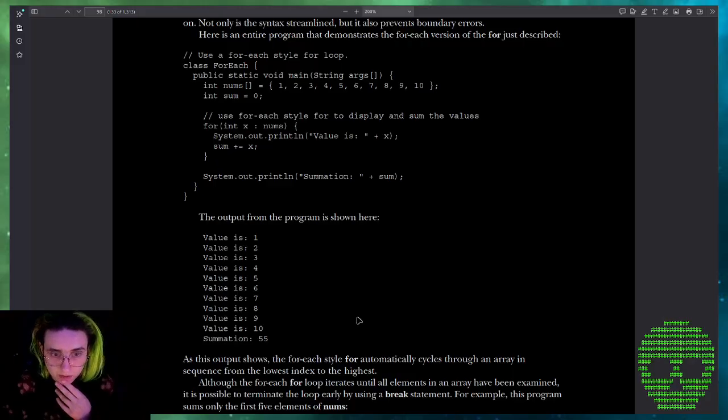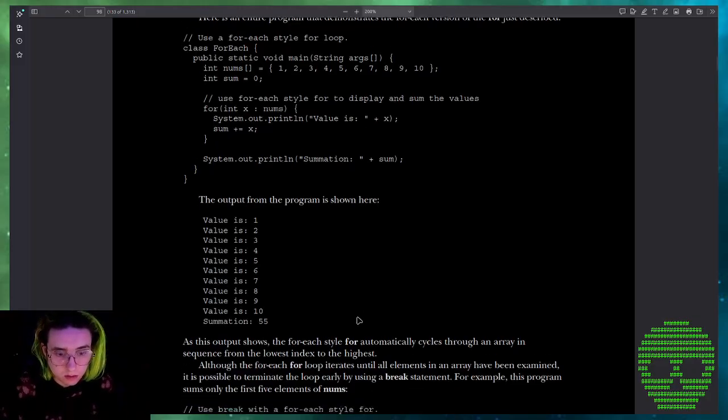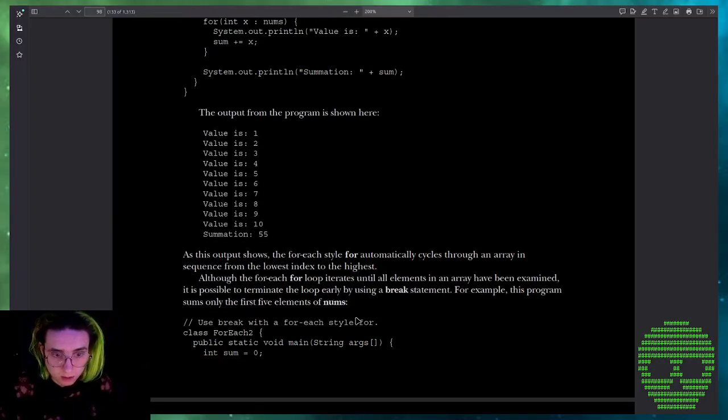The output from the program is shown here. As this output shows, the for each style for automatically cycles through an array in sequence from the lowest index